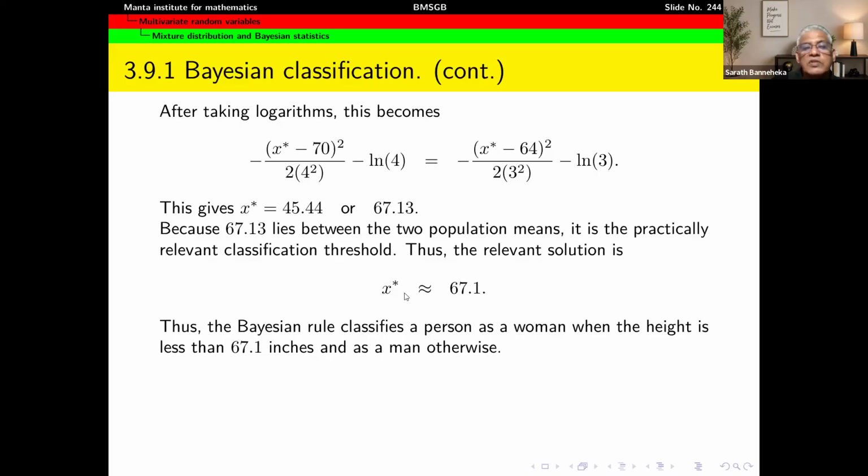Thus, the relevant solution is x star equal to 67.7 inches. Thus, the Bayesian rule classifies a person as a woman when the height is less than 67.7 inches and as a man otherwise. So that is what I mean by the classification threshold. And the probability of those will be 0.5,